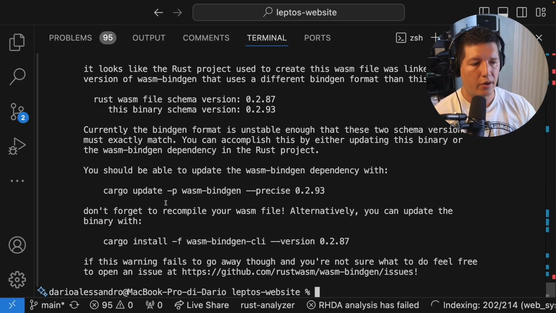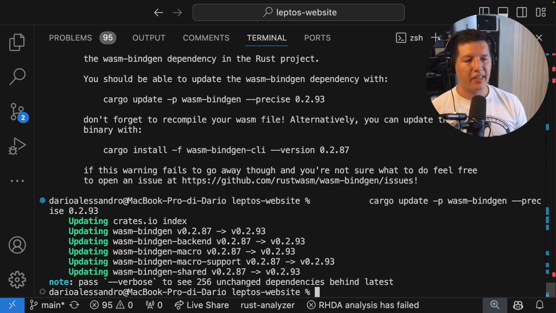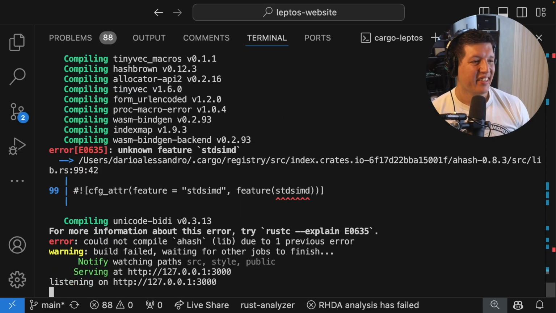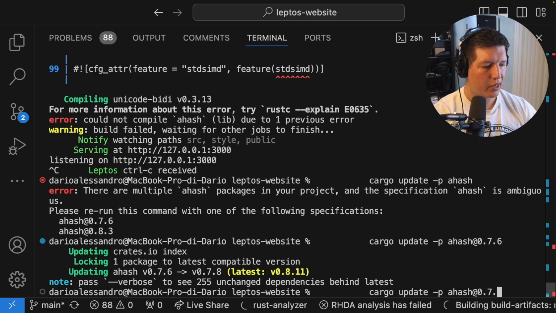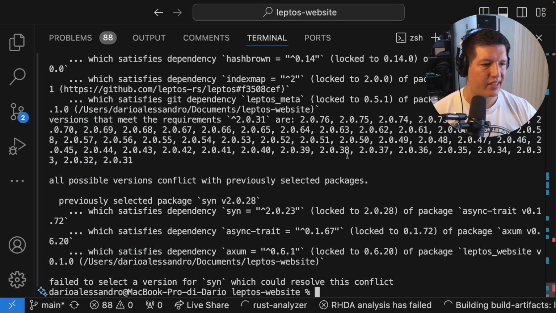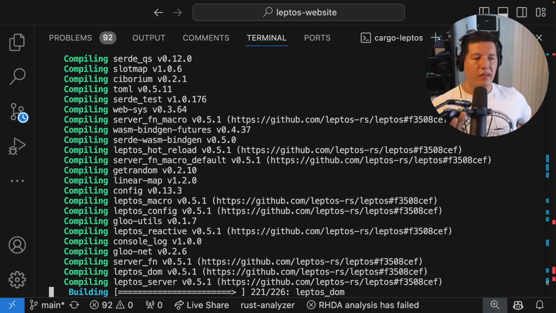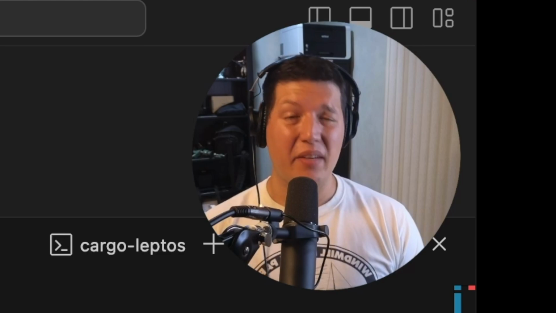All right, now there's an error about wasm-cli. So sure, let me update. I'll update, man. No worries. I'll update everything. Oh boy. Okay. So there's another problem with the ahash crate. Let me go ahead and update that too. Oh boy, there are two of them. Just update both. I don't care. Okay, updated one, and then the other one, I want to update it too. Oh, then something else breaks. All right, let me update that too. All right, do the thing. Do the thing. So now you've got yourself a working website. That was a little bit painful.